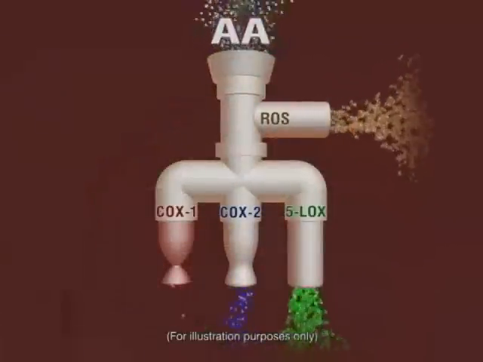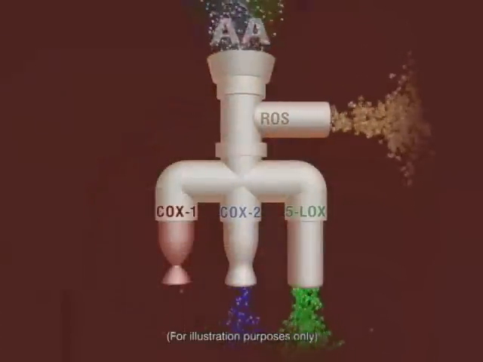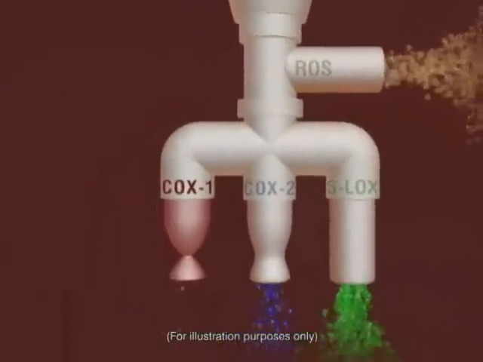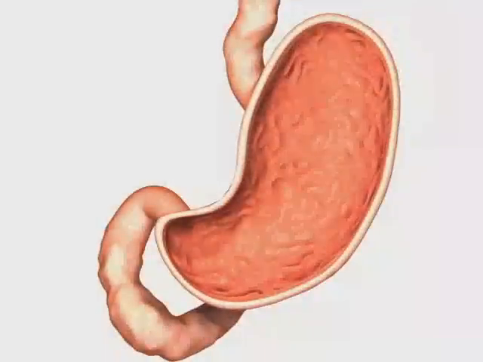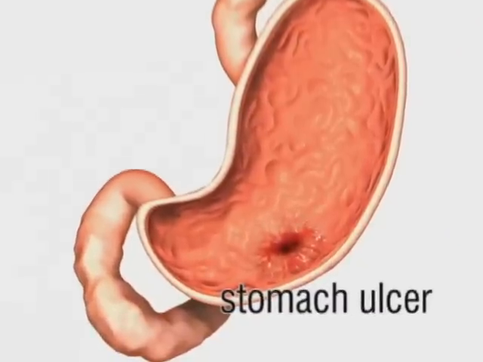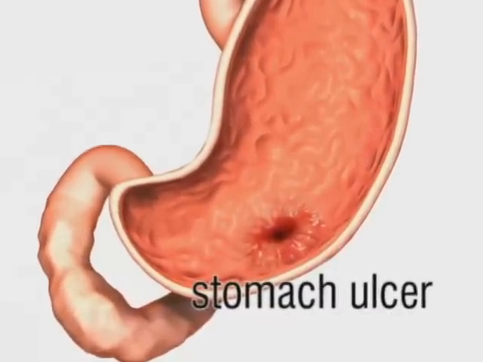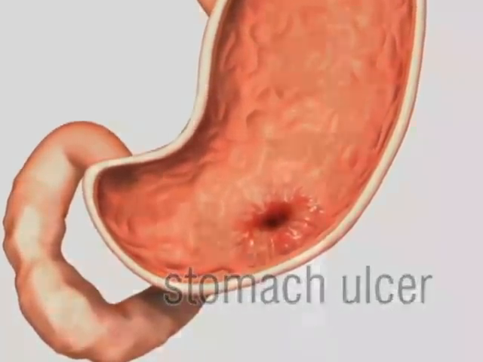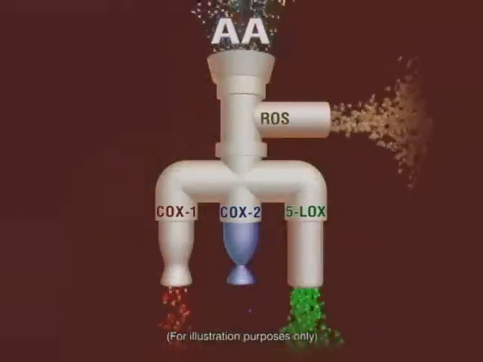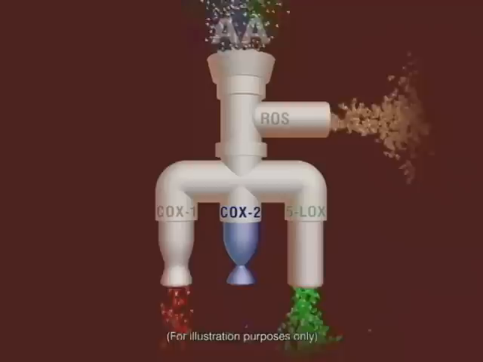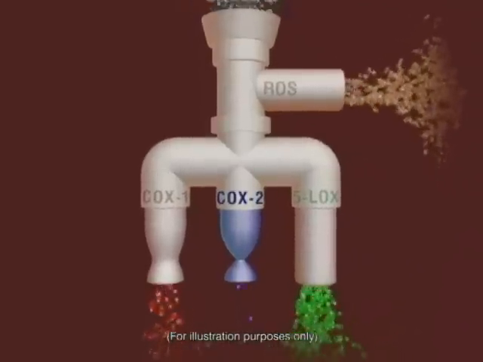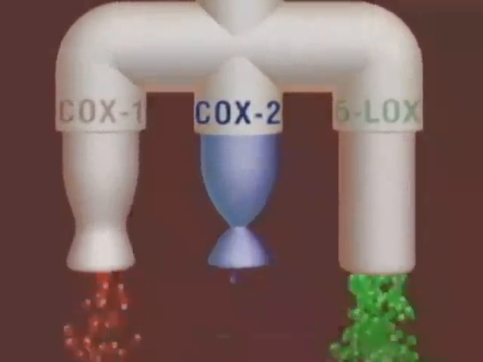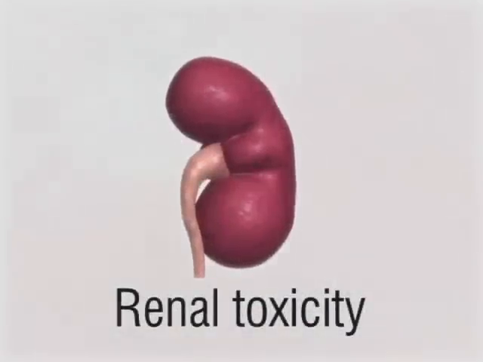Early NSAIDs primarily inhibited COX-1, but COX-1 was found to have physiologic functions, most importantly, protection of gastric mucosa of the stomach lining. To address the problem of stomach ulcerations, new NSAIDs were developed that were more selective for COX-2. These COX-2 NSAIDs had improved short-term safety regarding stomach ulcers, but were still associated with renal toxicity in dogs, just